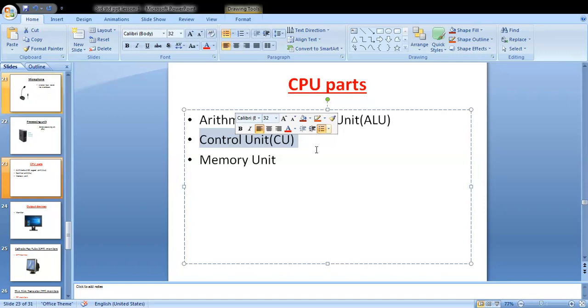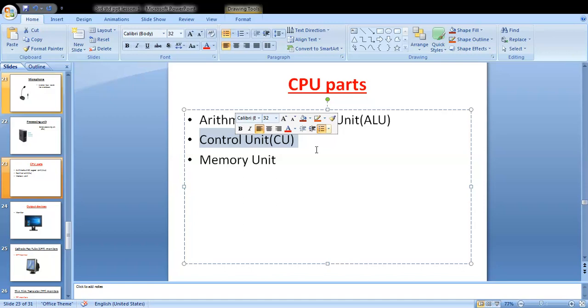Likewise, CU works like a manager and checks that other parts of computer are working correctly. That is control unit. It controls the working of all the parts of a computer. Understand? It controls other parts which are present inside the CPU.